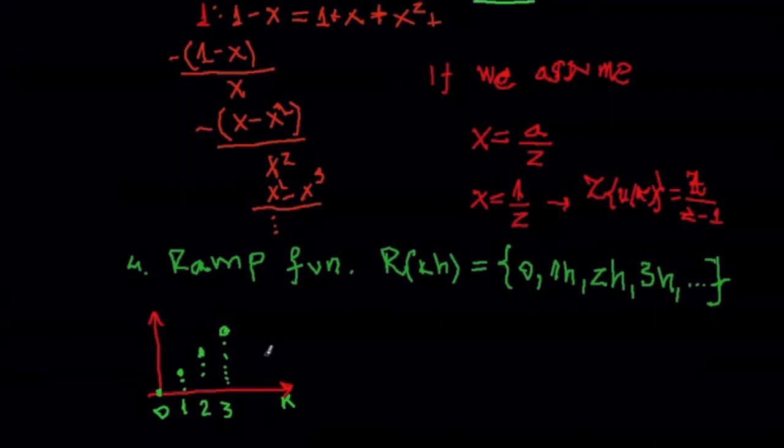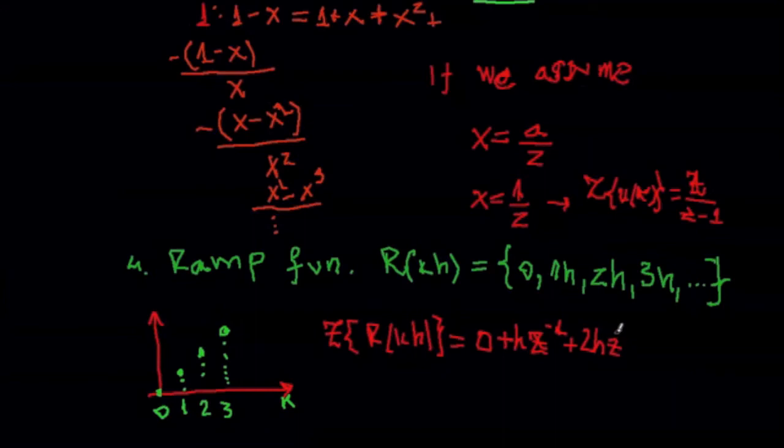Okay. So we want to look at what is the Z transform of this function, and as previously we learned, the Z transform of this R(kH) is going to be nothing but the summation of all of these elements that we have: 0 plus H z^-1 plus 2H z^-2 plus 3H z^-3